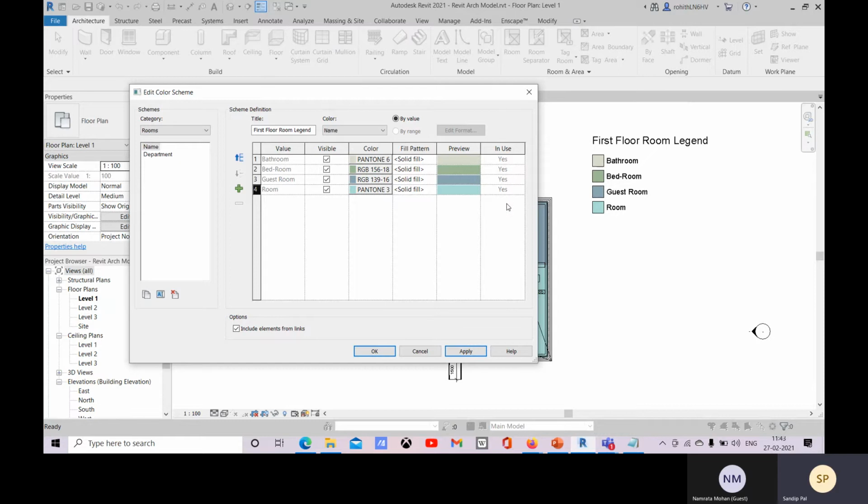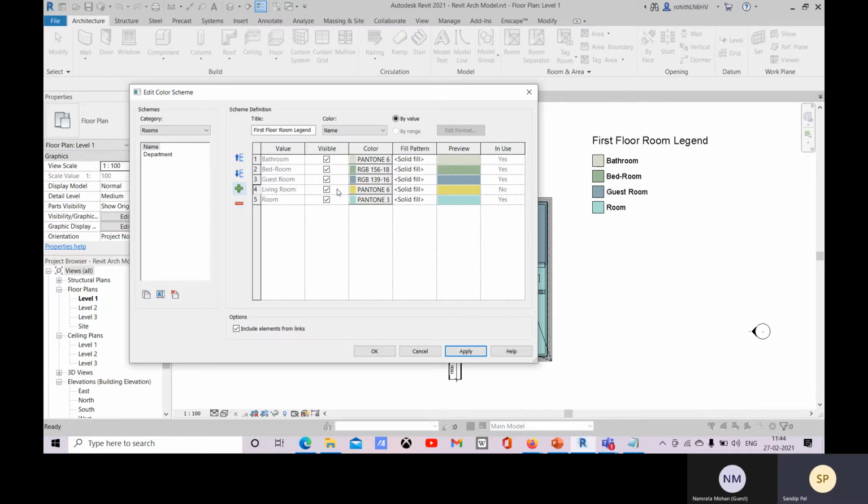Because right now this is in use, you cannot delete it from this color scheme. So that's why this delete option is right now deactivated. Now suppose I create a new one, suppose living room, click on OK. Here you can see that this is not in use, so now you can delete it.